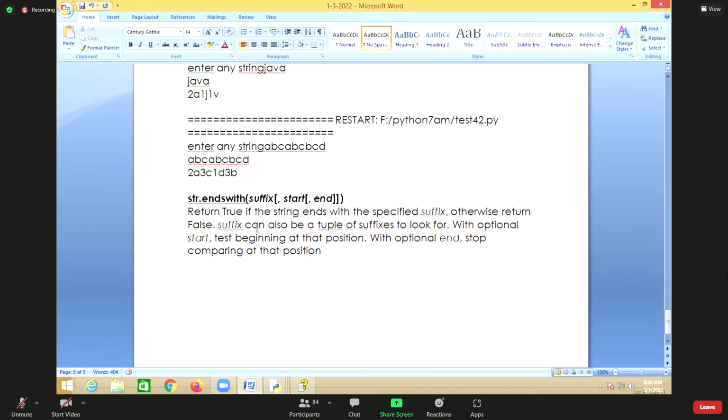Now, suffix can also be a tuple of suffixes to look for. With optional start, the test begins at that position. With optional end, stop comparing at that position. Now, endswith takes what here? A suffix. For example, this is useful when you're doing filtration. Filtration means